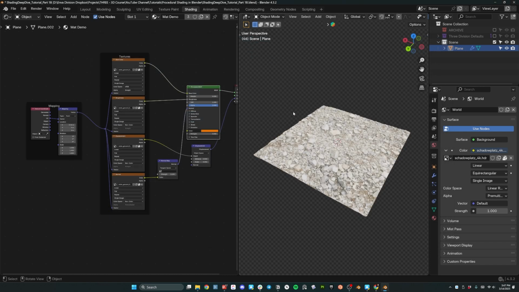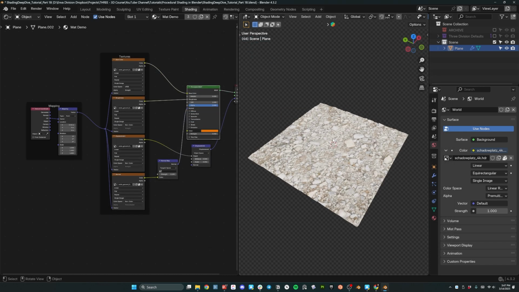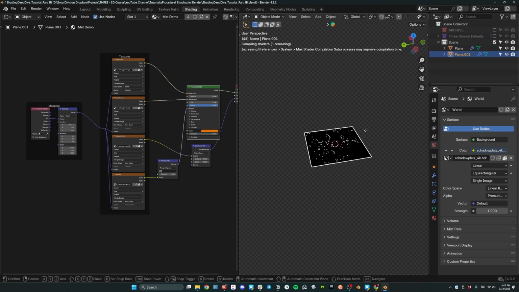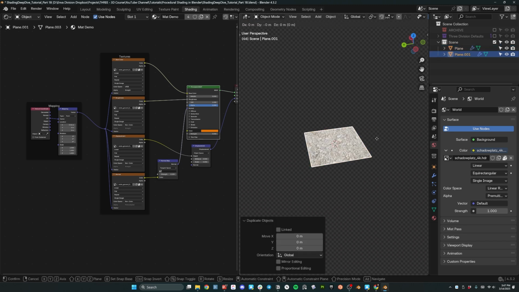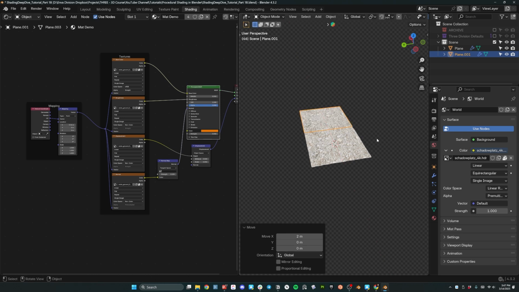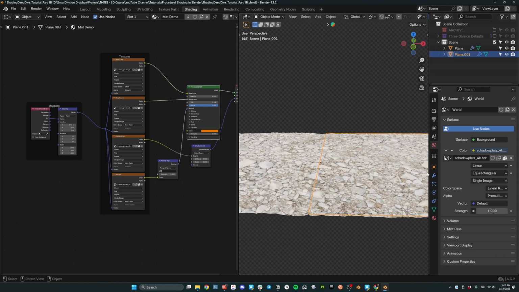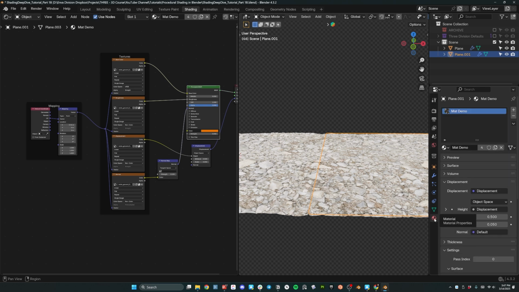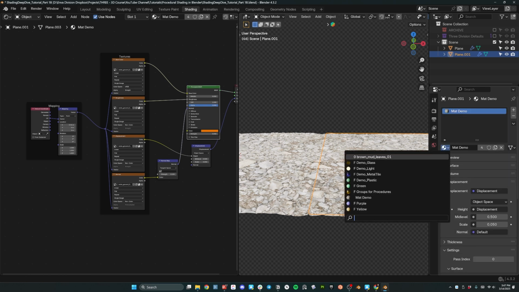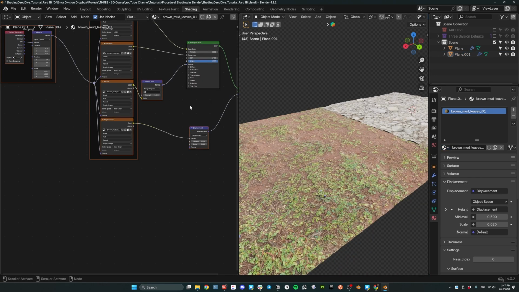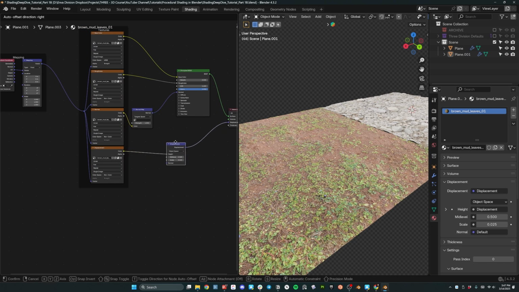Now it looks like nothing has happened, and that's simply because we need to make sure the material is applied to an object. So I'm going to Shift D to duplicate this, hit G X 2, enter, so that then we've moved another plane along this axis here. And then I'm going to go down here to my material properties panel, and instead of using matte demo, we're going to hit this drop down and look for, there it is, brown mud leaves, the one we just imported. Now we have another PBR setup all ready to go that has been imported from this other